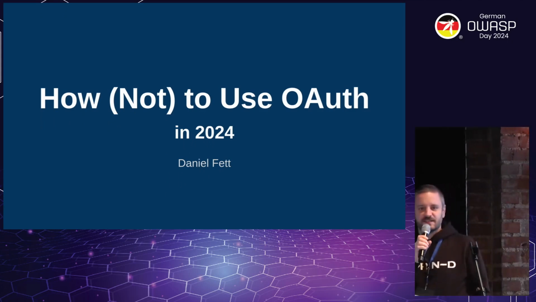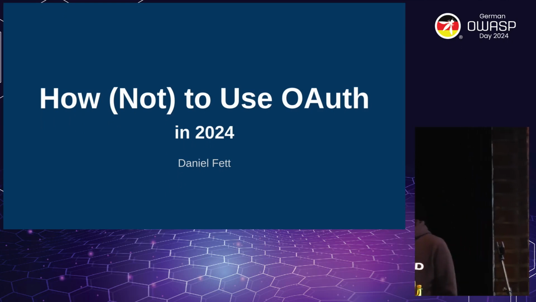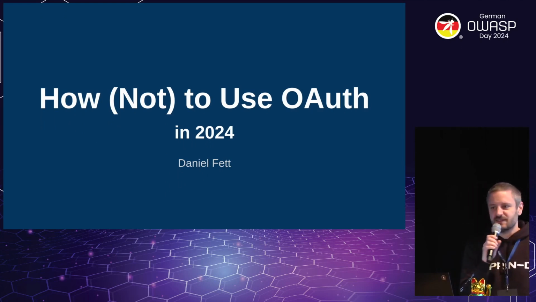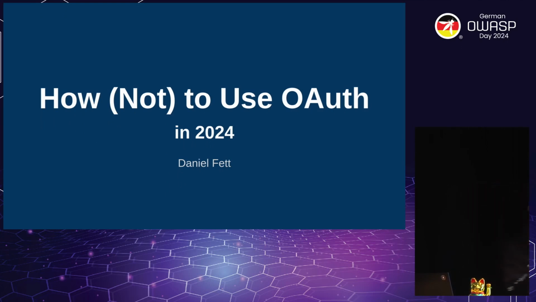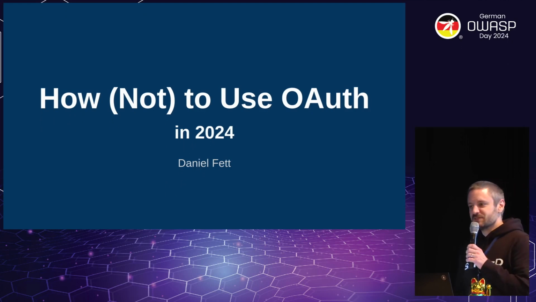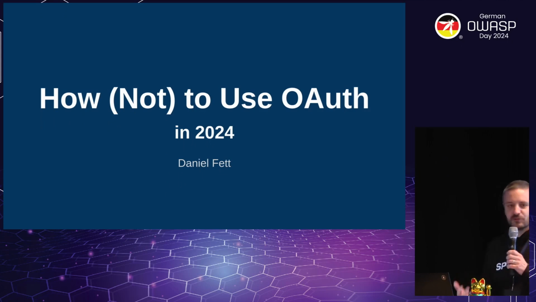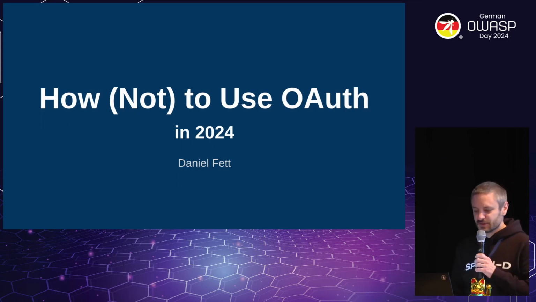This might be a slide that might be familiar to some of you. This is essentially an update to a talk I gave at the German OWASP Day in 2019. What's there to update? Well, many OAuth implementations are still broken. We finally should fix that. But also the kind of mitigations we have today have evolved a little bit. So it's kind of important to stay up to date.